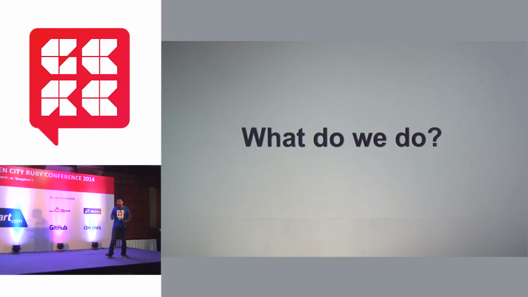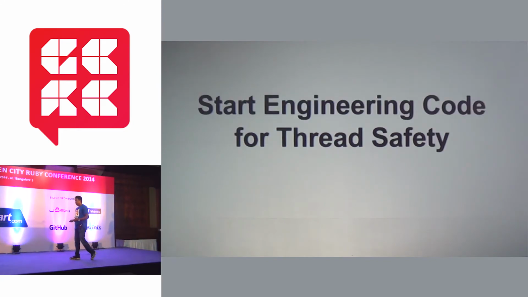What do we do under these circumstances? We have to engineer our code for thread safety. We can't bask under the safety that there is a GIL and so it's going to help me keep my code thread safe, so that I can write multi-threaded code without worrying about serious synchronization issues. It's totally not the right thing to do. Ruby is a language I love, and I'm sure all of you love. It's progressing by leaps and bounds, and eventually we're going to write more and more complex systems with Ruby.